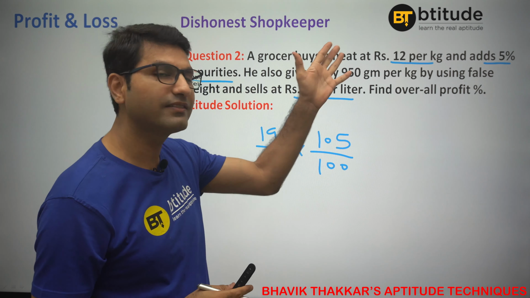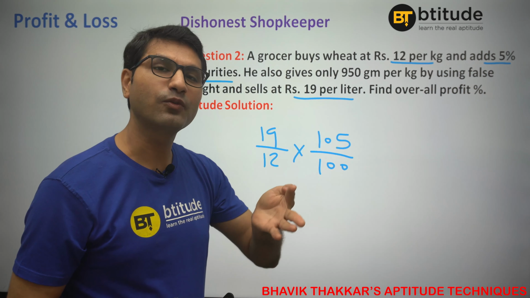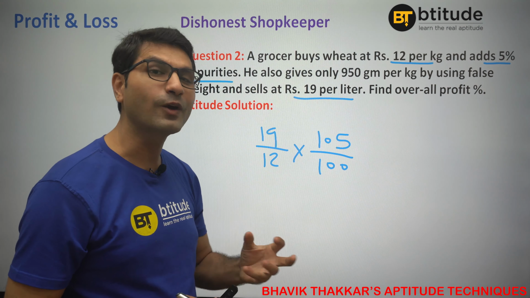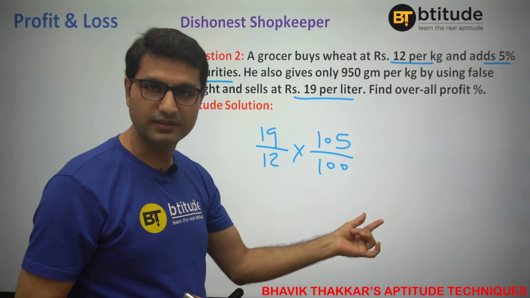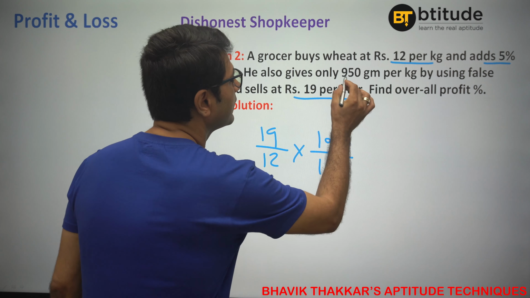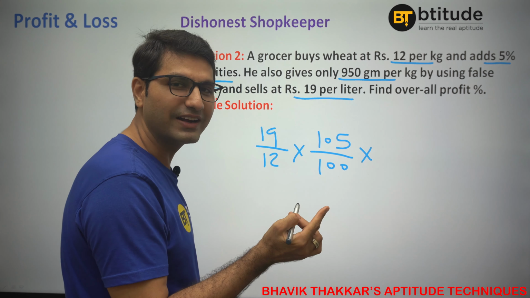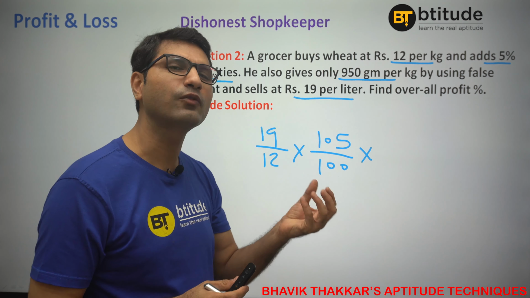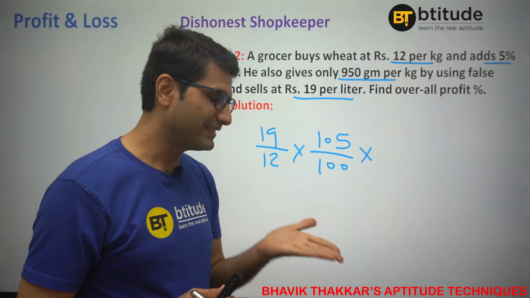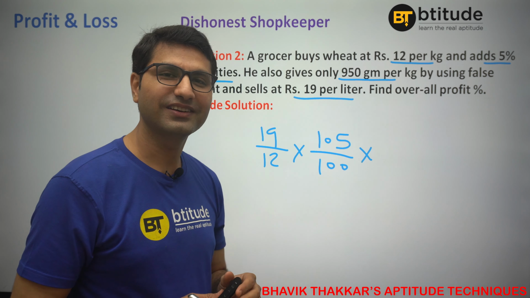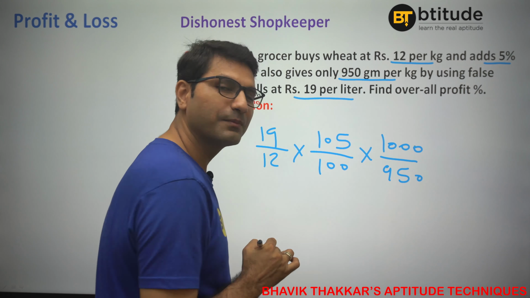Look, it's pretty easy. Whenever there is something like profit, markup, or this kind of cheating, obviously you are getting profit and your fraction should be more than 1. But when you are giving discount, it should be lesser than 1. Alright then. Now here, he is using 950 gram only per kg. That would also give him profit, right? So instead of 1 kg, he is using kind of a false weight, because of which he is giving only 950 gram. So in a way, his 950 gram is now worth 1 kg, so his 950 gram is now worth 1000 gram, you can say.